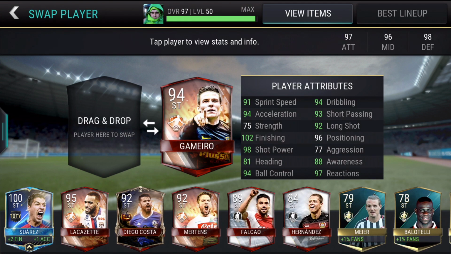I'm going to say it. As a striker, it's the best finishing I've used. It's absolutely clinical and can score from a lot of angles in a lot of styles. Just Mertens is an all-round better card, and Lacazette's slightly better because he's got the extra movement and off-ball control. Whereas Gameiro's